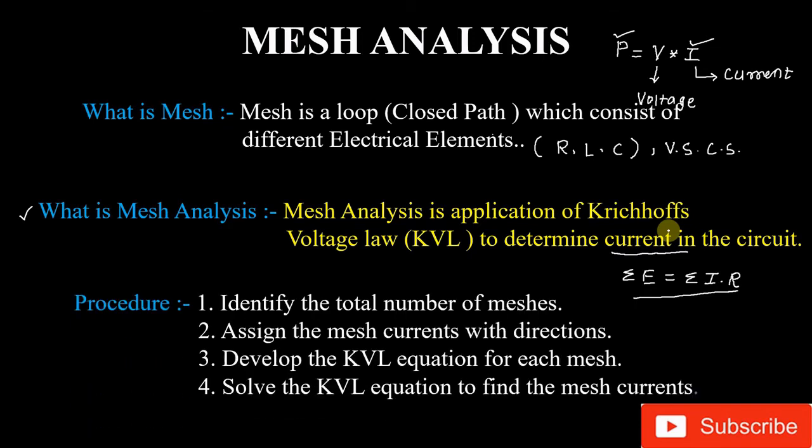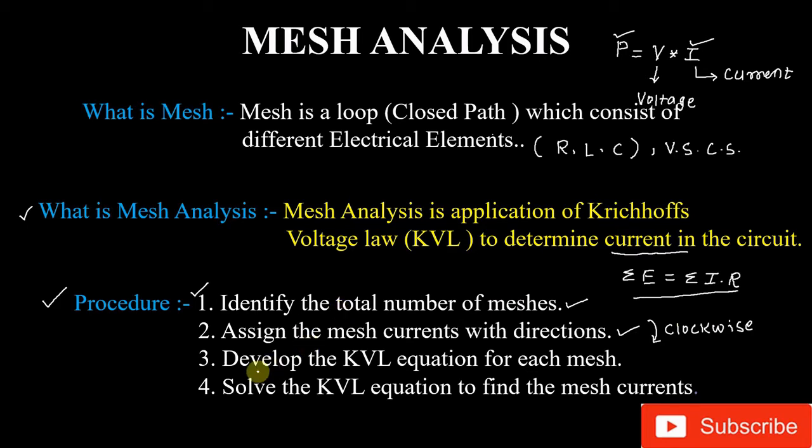Now when we have to apply mesh analysis, there is a certain procedure. And what is this procedure? In the first step we will identify how many meshes are in the circuit, meaning we will find how many loops or closed paths there are. In the second step, we will assign a mesh current to each loop with a direction. I preferably use this direction, called the clockwise direction. We can use the anti-clockwise direction also, but clockwise is the best direction to understand mesh